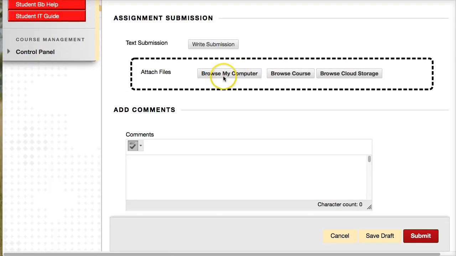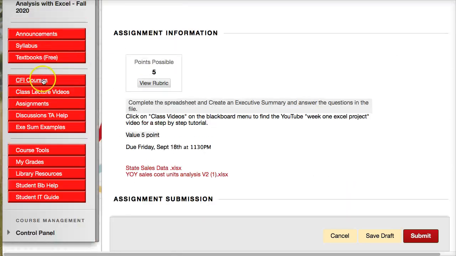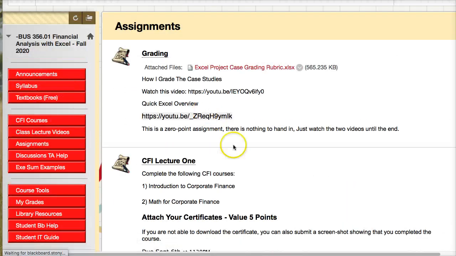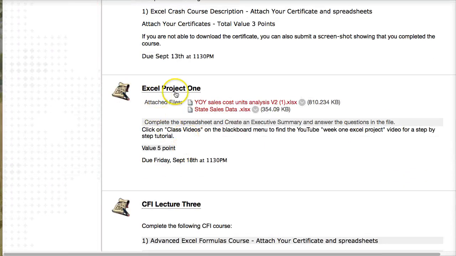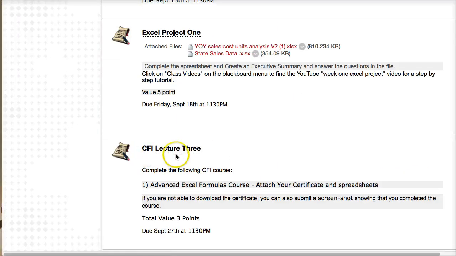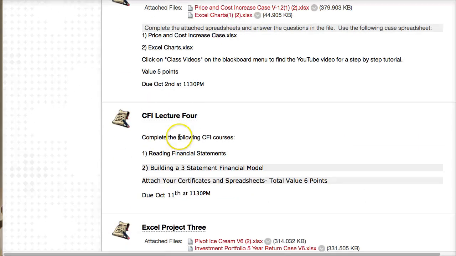You can attach multiple files. So attach both files at the same time, and then hit Submit, and you will be done with that assignment. Okay, so that's pretty much how the class rolls out. So after Excel Project 1, there'll be CFI Lecture Video 3, and then Excel Project 2, Lecture Video 4, Excel